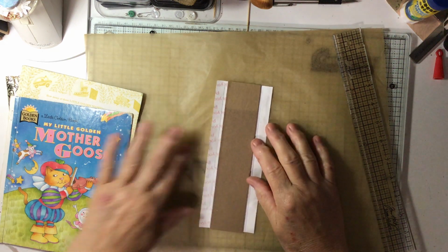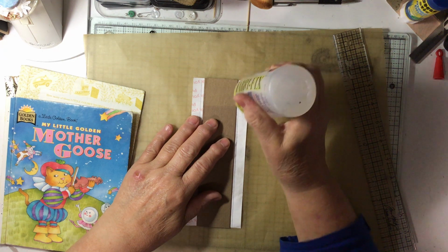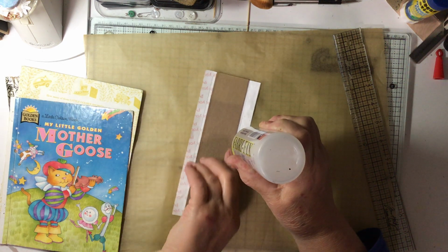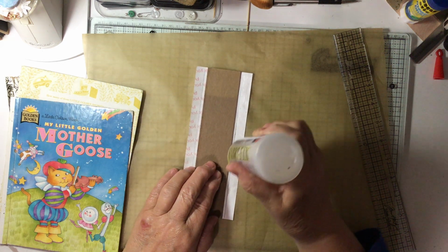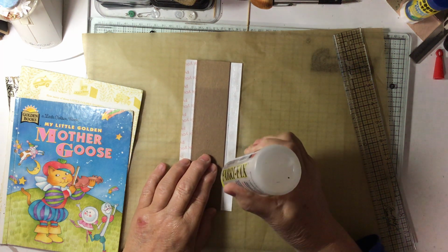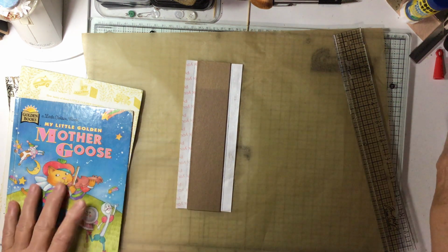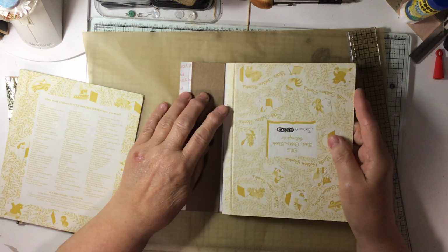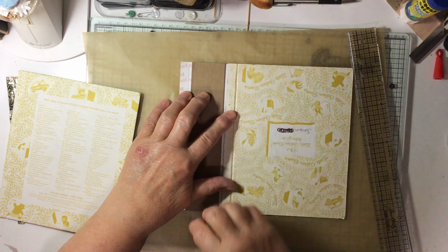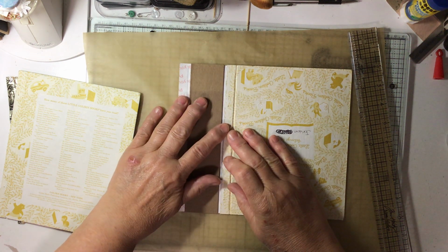Okay, now that we've got this, we're going to put some glue on our margin. Not a lot. We don't want to put glue in that little valley between the line and the chipboard. But if it does squeeze out, no big deal. And then we're just going to place our cover, lining up the top and bottom, and on that pen mark that I drew,